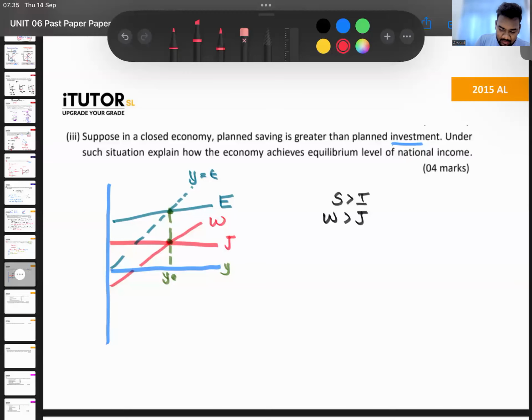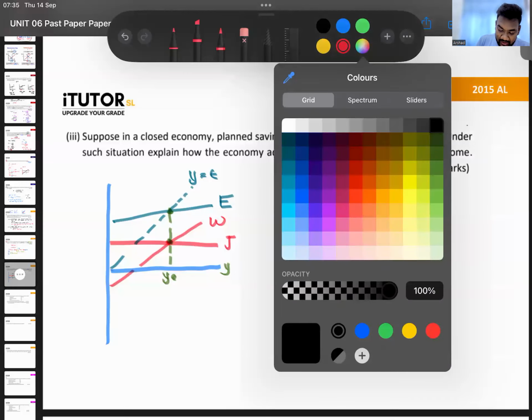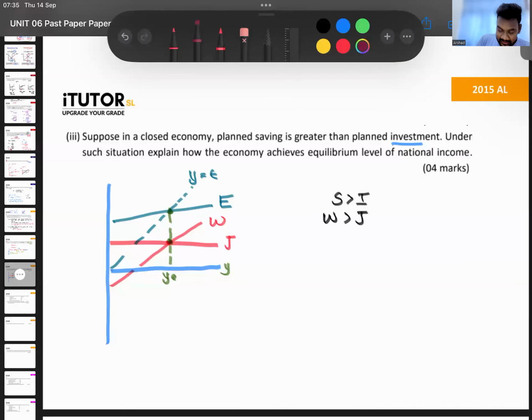Your equilibrium point is this, right? So here withdrawals are greater. It is on the right side of the equilibrium, no? So what can you say, guys? When savings is greater than investment in an economy, what happens? What is greater, Y or E? Compare Y and E. You can say when savings is greater than investment, you can also say Y is greater